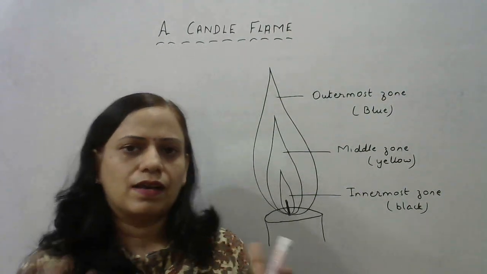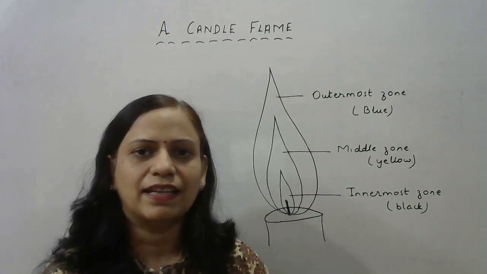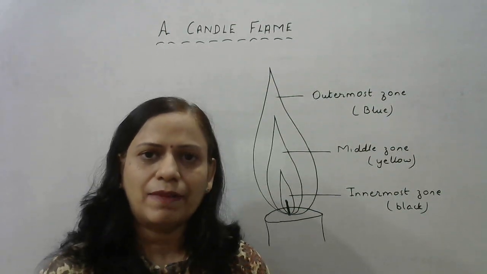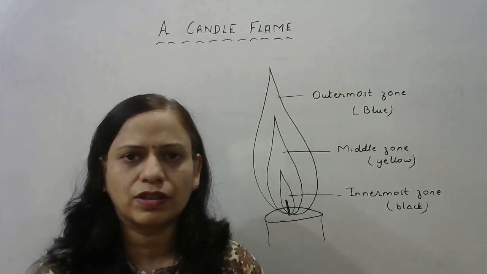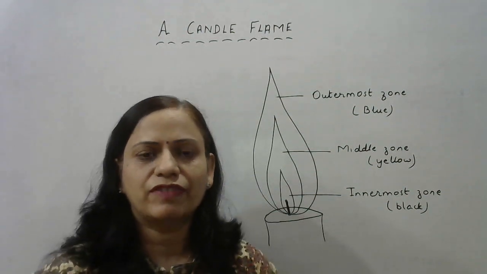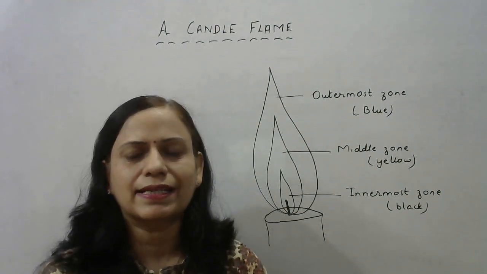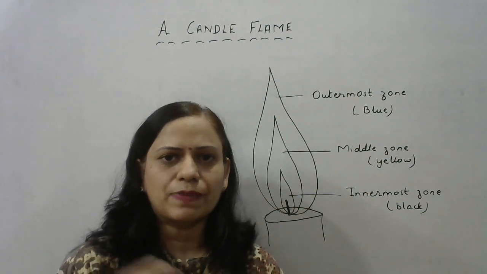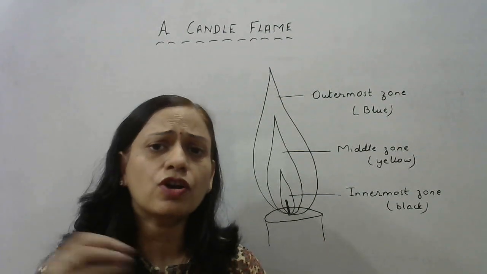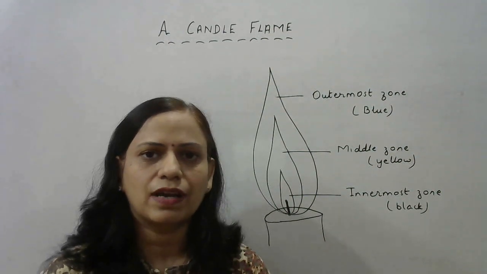You can observe this in your kitchen also. Sometimes when something overflows on the gas burner while it is still burning, the flame suddenly changes to orange in color. Under normal circumstances that flame is blue, but when something flows over the burner while the gas is on, for a brief period of time you can observe that the color changes from blue to yellow, and then after some time it gets converted back to blue. It is because when something overflowed on the burner, the pores got clogged and oxygen was not able to enter. So incomplete combustion started taking place, due to which the color of the flame changed.